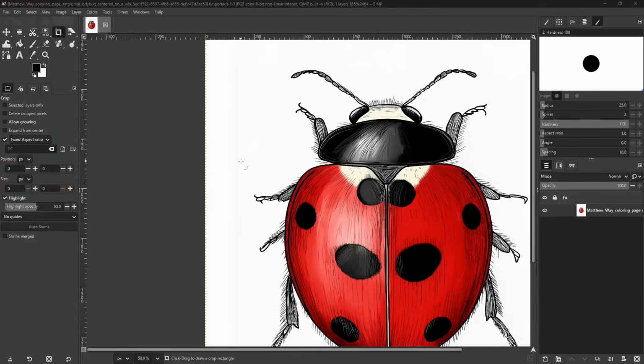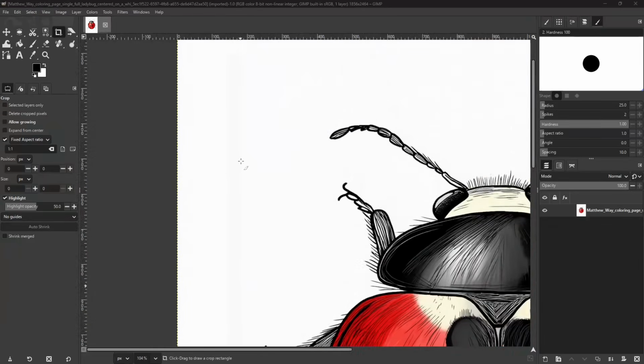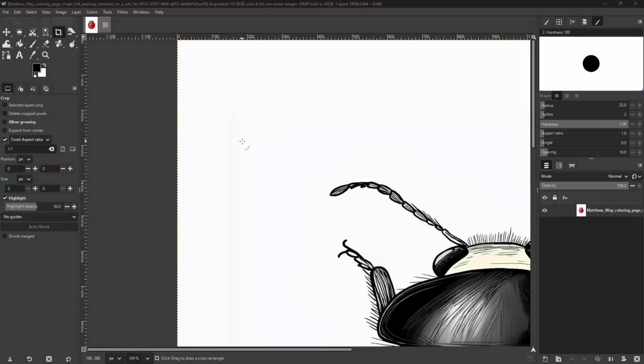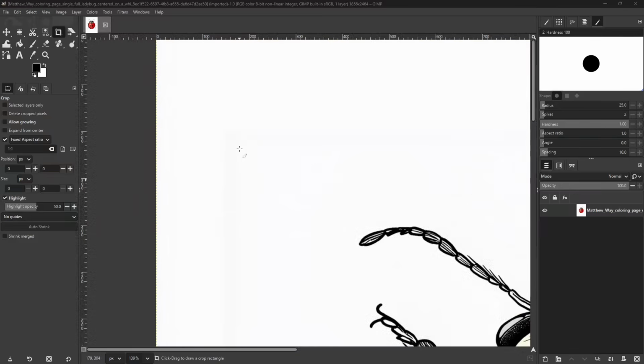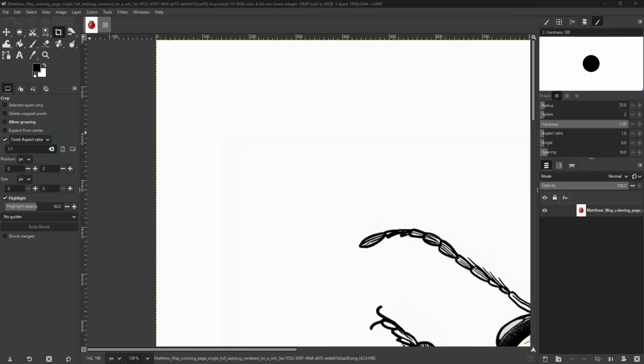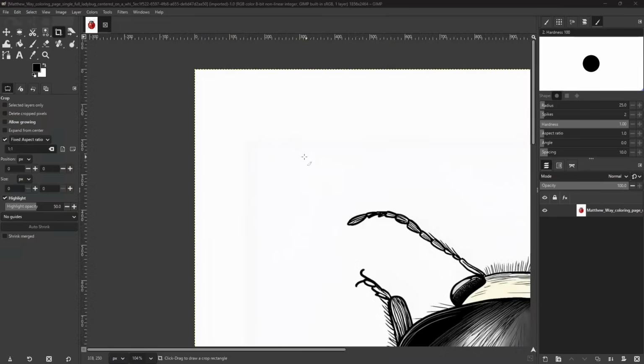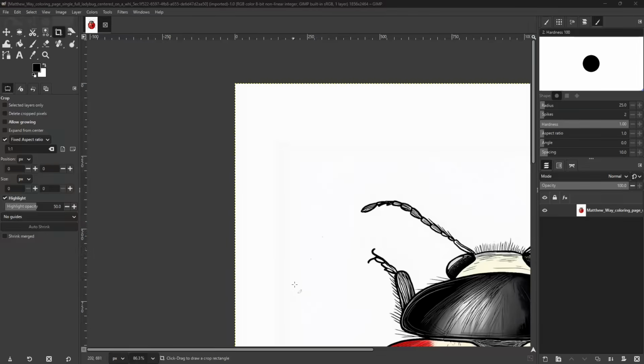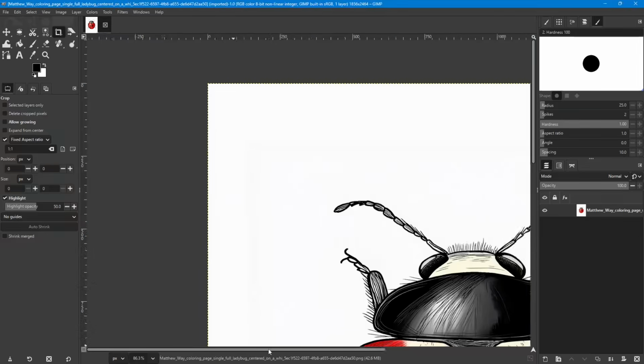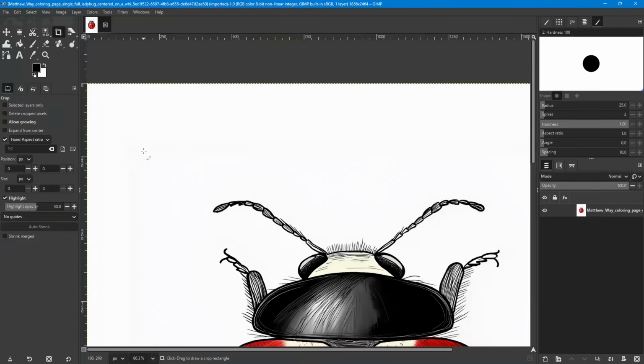Now you can see when I scroll in, hopefully you can see this in the video. I think you will be able to, because I can see it on my monitor on the preview of the video. But you see this gray rectangle that was created with AI? That's an issue that will come up when we go to make our selection,